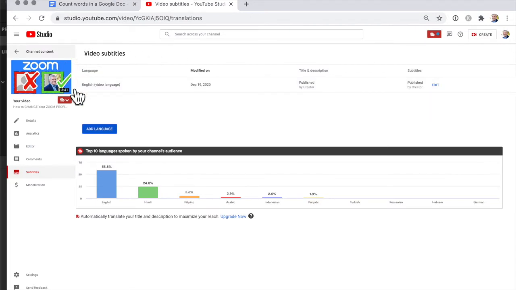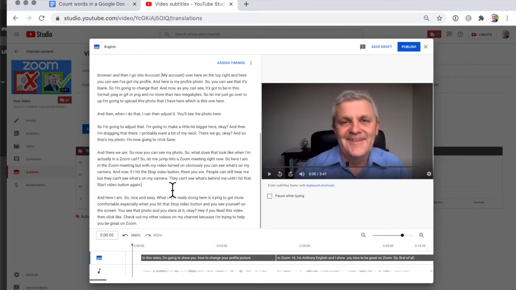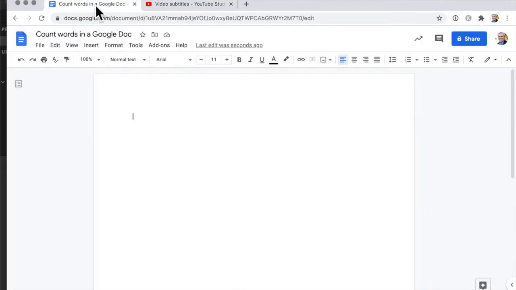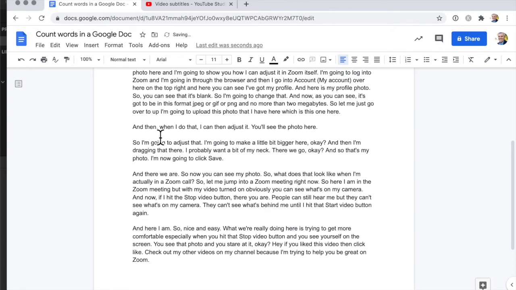You can even use it to copy from somewhere else. On this YouTube video, I have got my subtitles. And if I click on those, so I can copy those, Control A or Command A on the Apple Mac, and then Command C or Control C to copy it into the clipboard, and then I'll paste it over here. Command V or Control V on Windows.